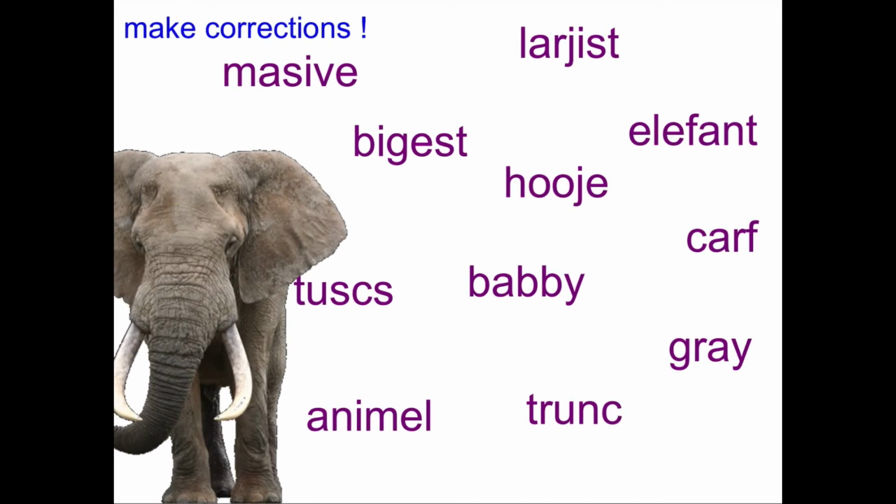Right, let's see which ones you got right now. I'm going to start off with the ones with just a tiny little mistake in them. So animal down the bottom, it's just an A instead of an E. So I'm going to write correct A, not like the one the computer writes. So it's animal. Trunk, it's just a kicking K instead of a curly K. So it's